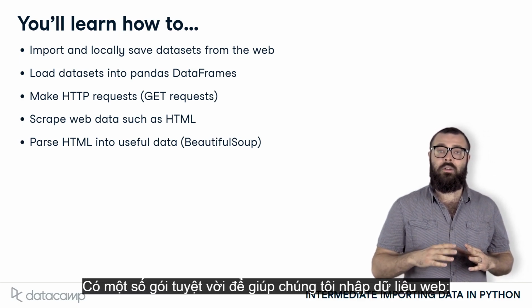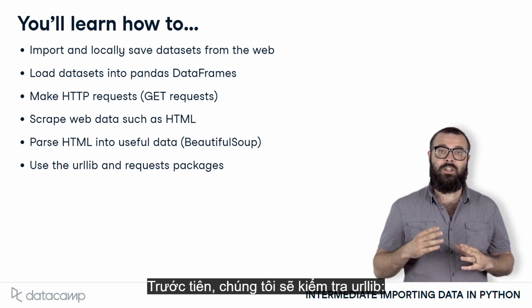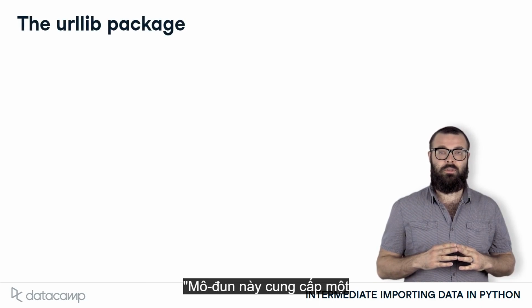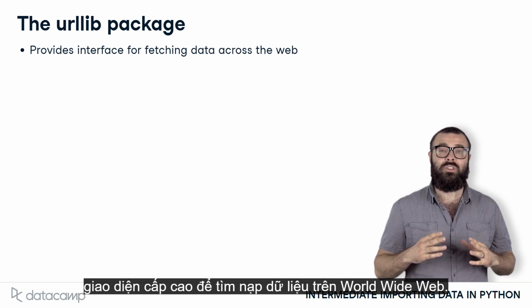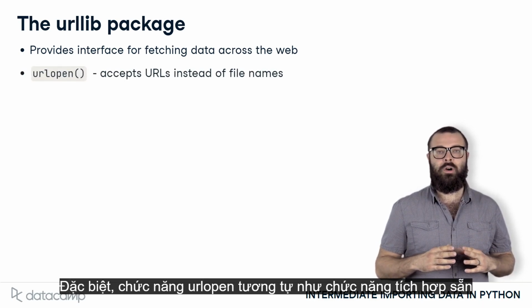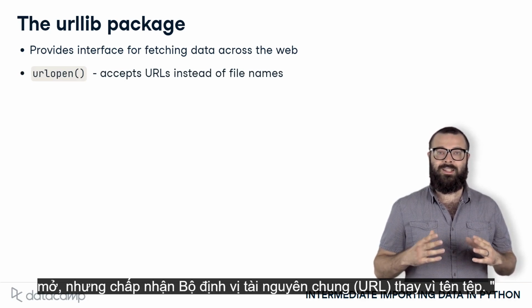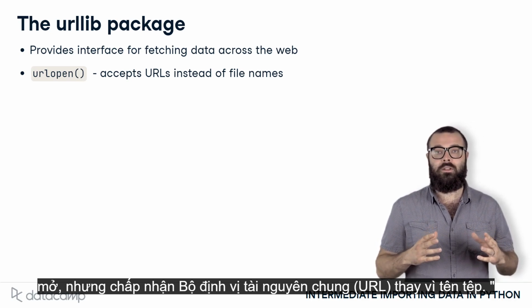Now, there are a number of great packages to help us import web data. Herein, you'll become familiar with the urllib and request packages. We'll first check out urllib. This module provides a high-level interface for fetching data across the World Wide Web. In particular, the urlopen function is similar to the built-in function open, but accepts uniform resource locators, URLs, instead